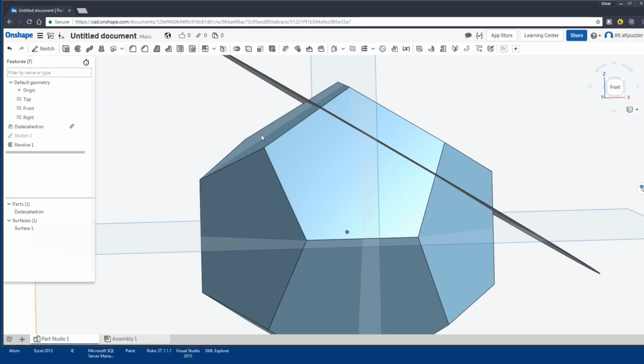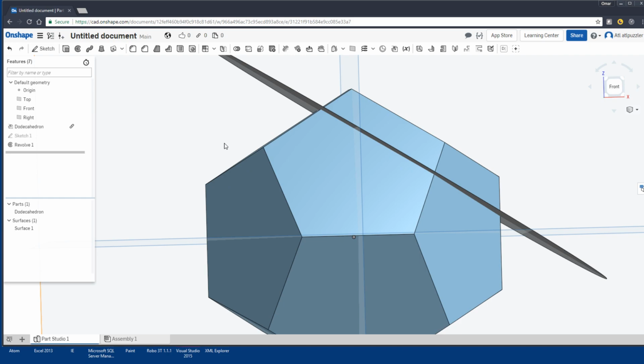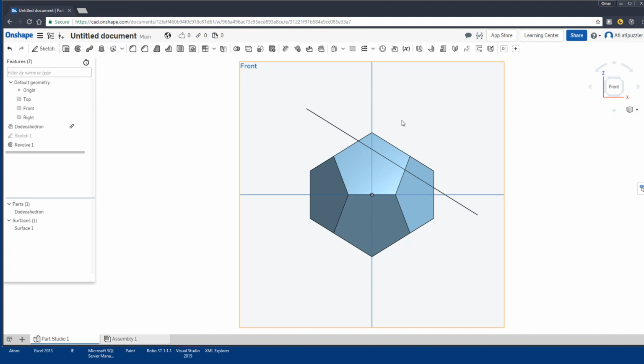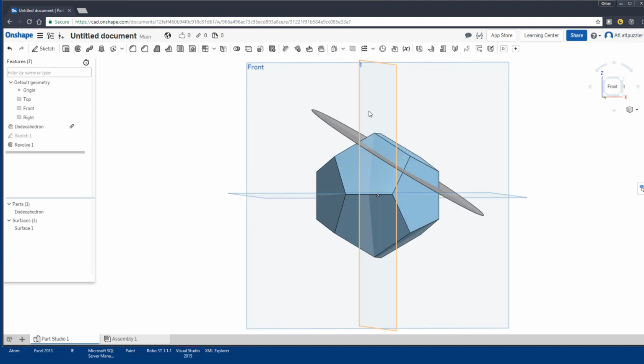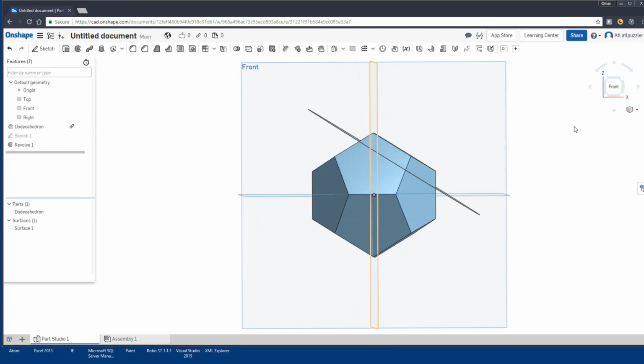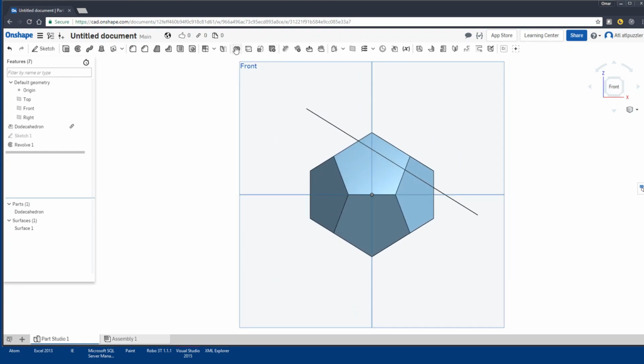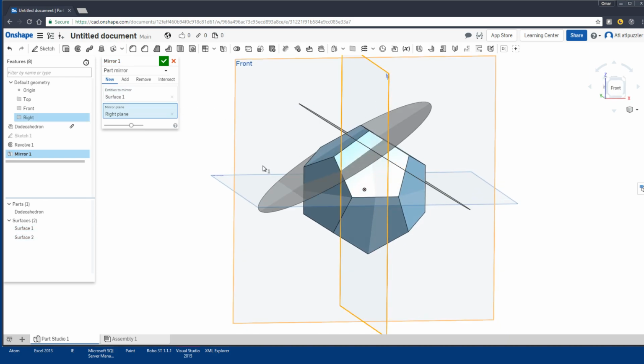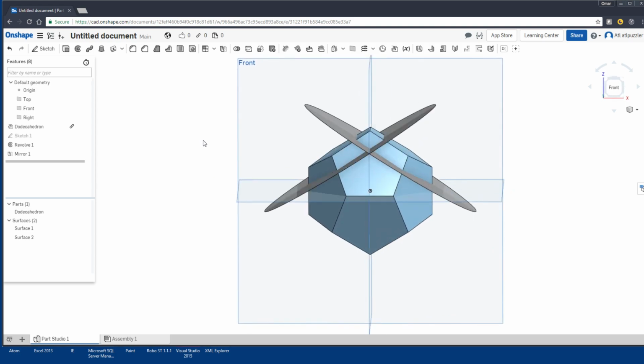Okay, now next what we want to do is we want to take this dodecahedron and you want to mirror it across the right plane. So we'll press that mirror icon, and it needs to mirror the disk. Mirroring plane is the right plane, and that will give you this. Do OK. So now you have these shapes like this,